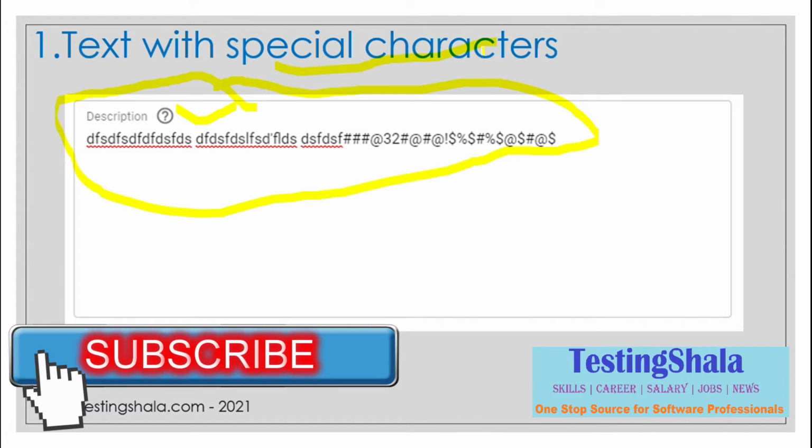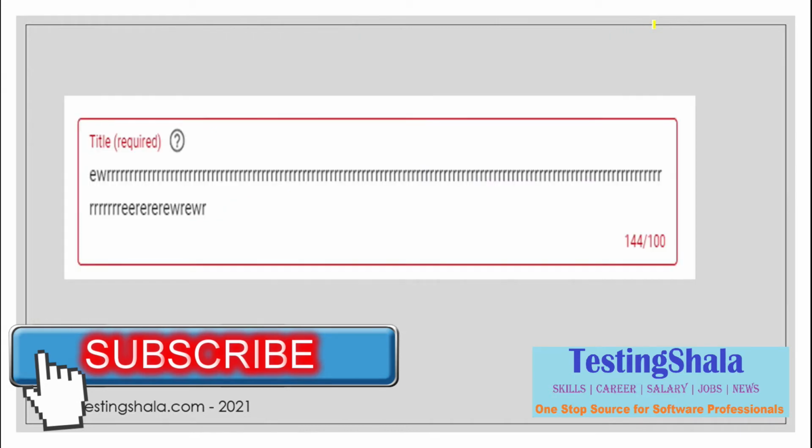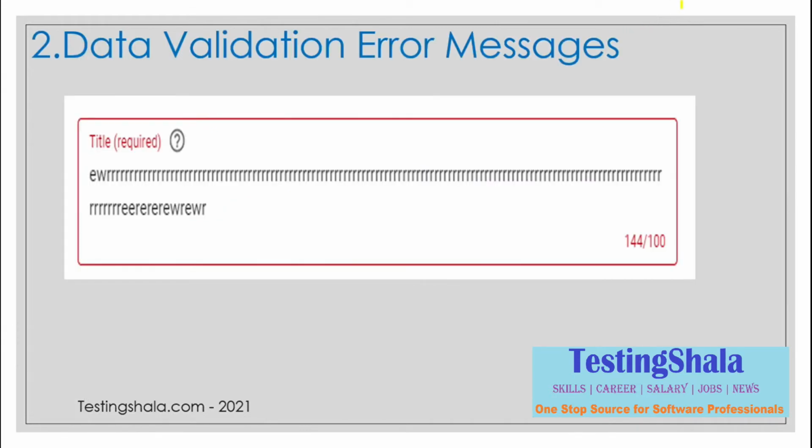The second thing is data validations with the error message. If you can see here, the title field where we are entering the title, the limit is 100 characters, but I have entered 144. That means, if you can see, the complete text box is getting highlighted in a red color, so it is throwing an error message.